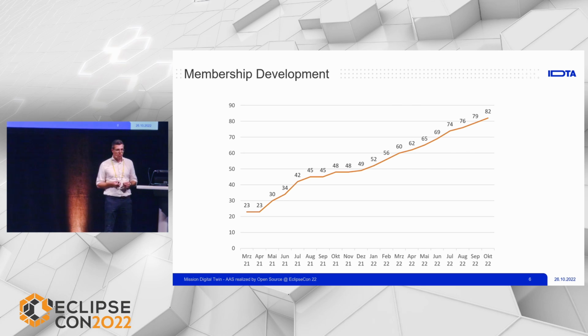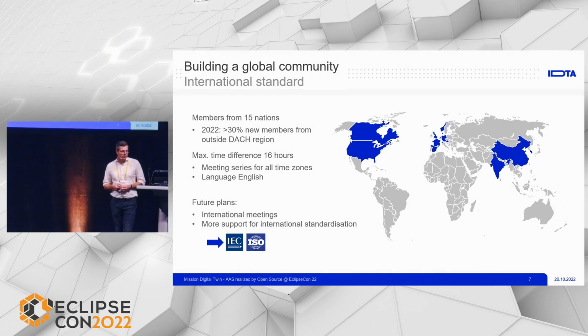And when we look at the curve now, we see it was a good idea because the response from the market is quite good. We are growing in membership. You see we started with 23 members. Today we count 82 members in the IDTA. And when you have a look at what the community is about, we started as a German-European association. Now we are growing in a world with a worldwide